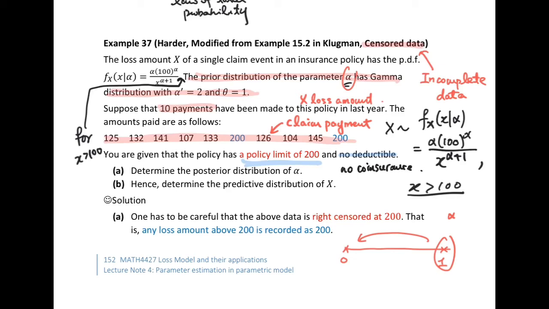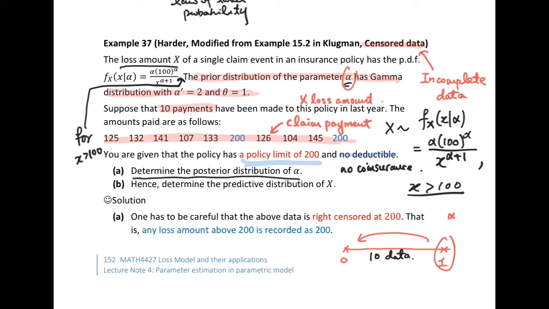Okay, then my question is, given this observation, how do we determine the posterior distribution of alpha? In this problem, we have 10 data points available. And because this parameter alpha is related to the loss amount in a single claim event,